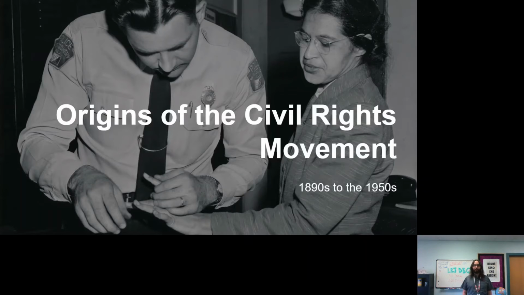Welcome back. Time for Unit 9.3, Origin of the Civil Rights Movement. Now, mostly in this unit, we're going to talk about the 1950s, 1960s, 1970s, but this time I want to kind of rewind a little bit and remind us how we got here, what's been done so far, what work is still left to do, and some of the names and people that are going to show up during this time period, including Rosa Parks right there, getting arrested for sitting down on a bus.